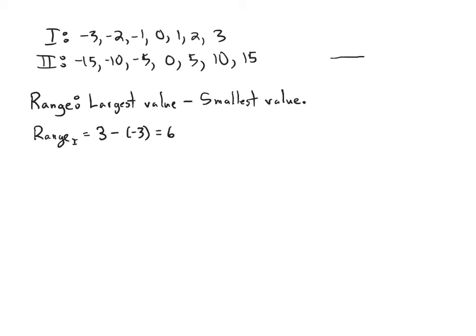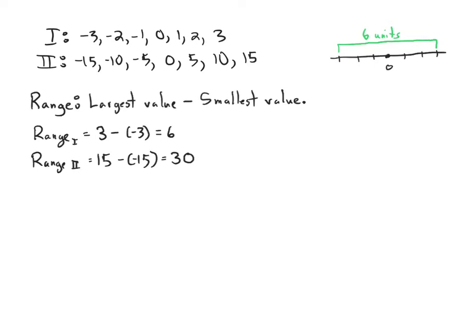On a number line, the distance between the largest and the smallest point is 6 units. That's all you're doing when you're talking about the range. The range of the second data set is the same idea: the largest, 15, minus the smallest, -15,